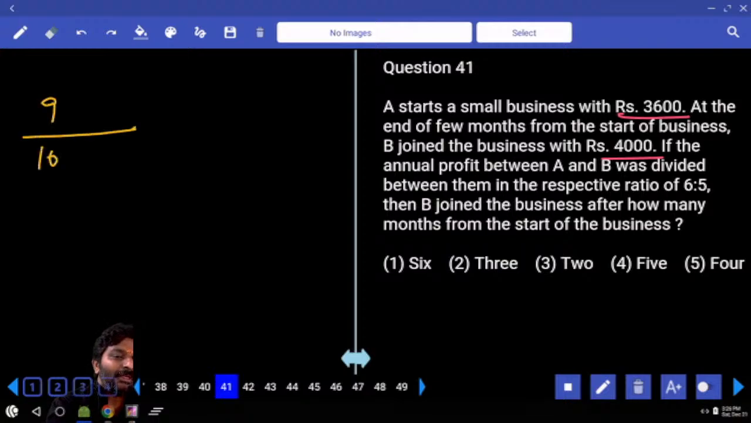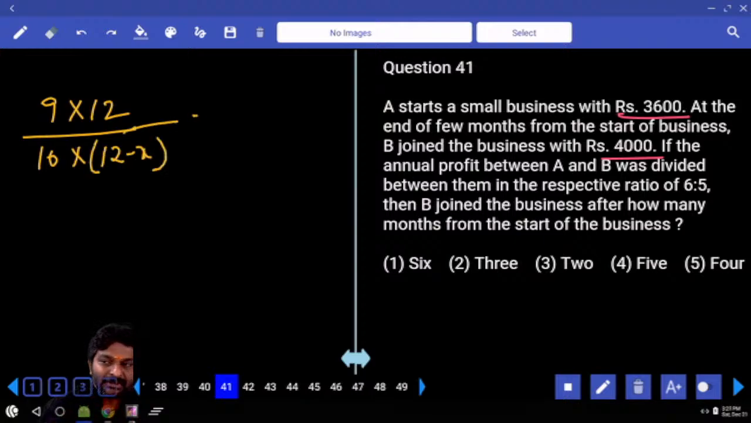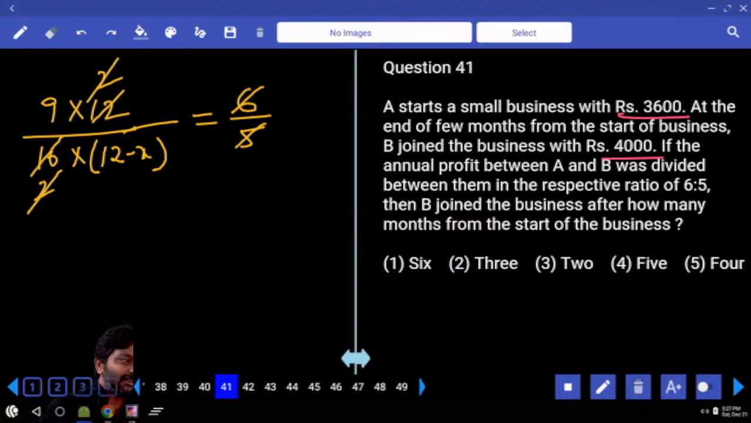9:2. A is there from the beginning till the end? 12 months. B, assume he joined after X months. Then he will be there in the business for 12 minus X. This is what profit sharing ratio is equal to 6/5. 6, 2 times 5, 2 times 2 gets cancelled. 12 minus X is equal to 9. X is